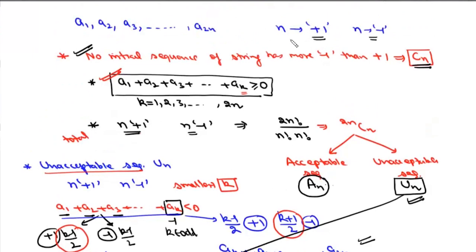So if we take n plus 1s and n minus 1s, then number of sequences in which any initial sequence will have more plus 1s or at least equal number of plus 1s and minus 1s will be given by this Catalan number Cn. Another application of Catalan numbers is in Dyke's words of length 2n. Now if we have sequence of n x's and n y's, then a Dyke's word is defined